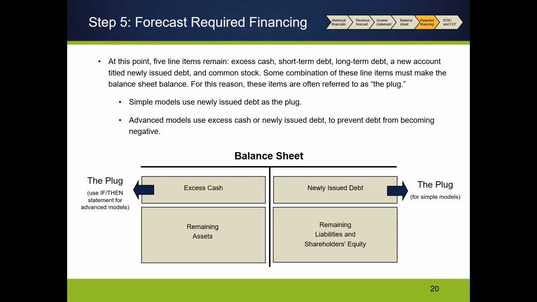If it's the flip side, if our assets have been forecasted to grow faster than our liabilities and owner's equity, the only way that can happen is if the firm raises new financing to pay for these new assets. And so on the financing side, owner's equity and liabilities, we plug with an item called newly issued debt. And this is a simple model. We are just here going to assume that the firm raises all new financing with debt. Unless things get really out of whack, then we would talk about how firms would raise equity as a way to raise financing here. But in general, we ignore equity again because equity is much more difficult to raise than debt.